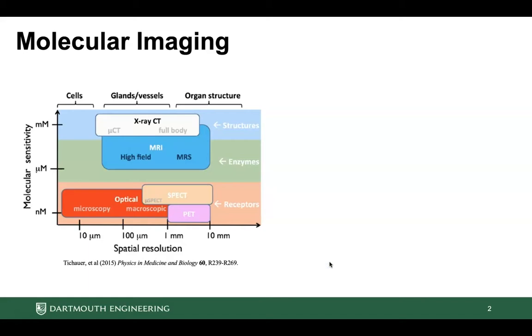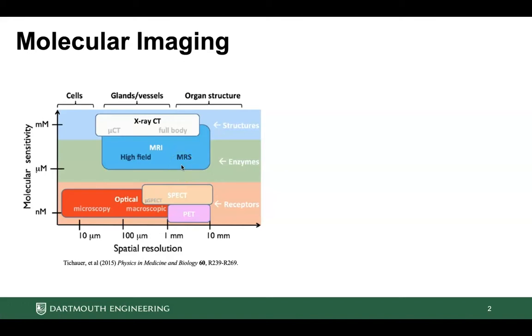Our research really focuses on molecular imaging, and that even further focuses down on fluorescence. You can see by this graph on the left-hand side that optical imaging has a wide spatial resolution from sub-micron all the way up into millimeter resolutions, and yet still maintains really high molecular sensitivities in the nanomolar range. These two resolutions combined far supersedes any other clinical medical imaging technology. For instance, PET has high molecular sensitivity but low spatial resolution, and MRI has low molecular sensitivity but high spatial